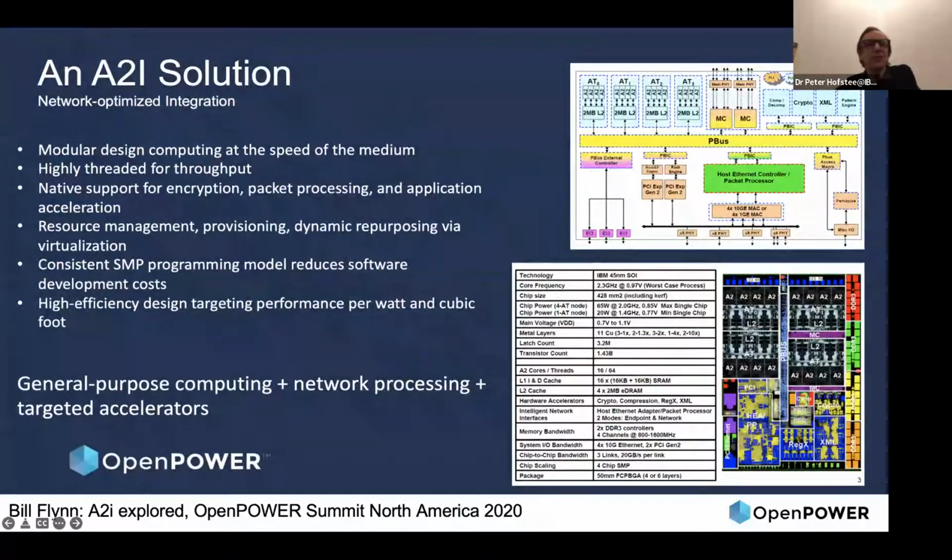So here is an example of a communications processor actually realized with the A2I cores. This chip was manufactured and tested and everything. It was done in a partnership. Eventually, it didn't make it to market, but this was mostly because of where businesses decided to focus. But it was a fully working design,